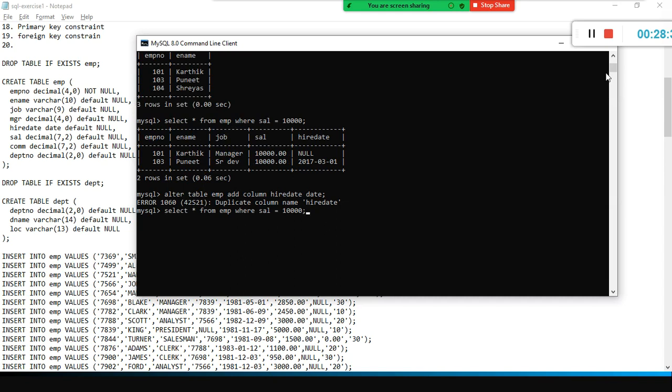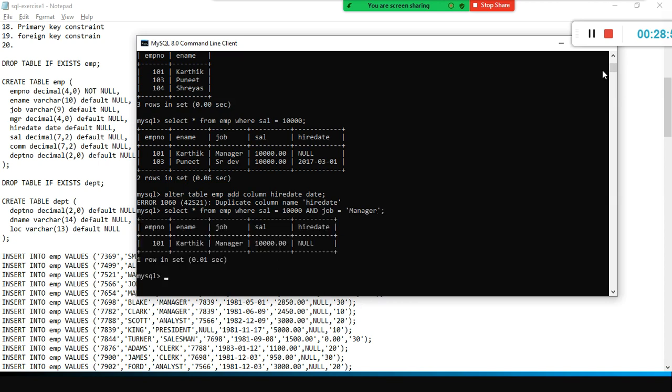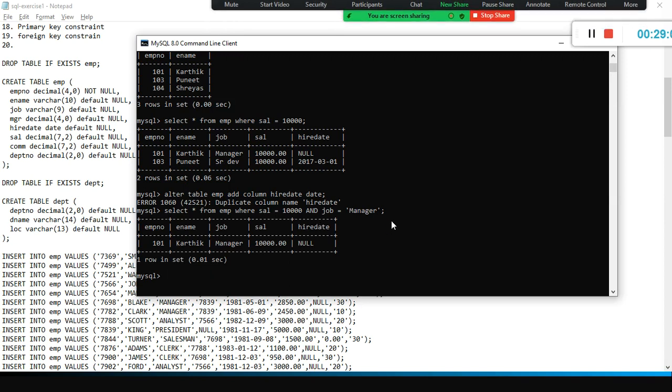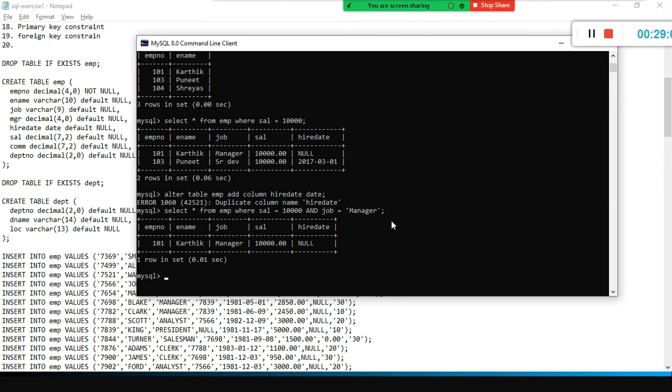Salary is 10,000, and we have an operator called AND operator, and job. So you want to include one more condition also. Look here. So not only the salary should be 10,000, we also wanted to find out the manager salary.